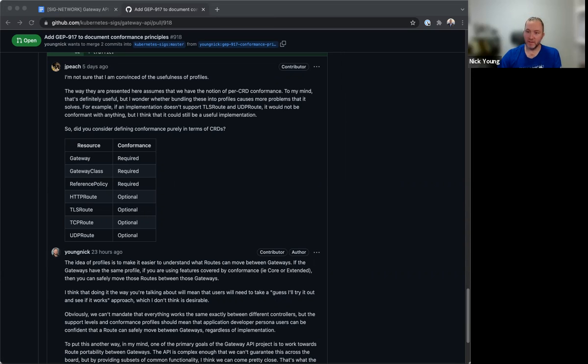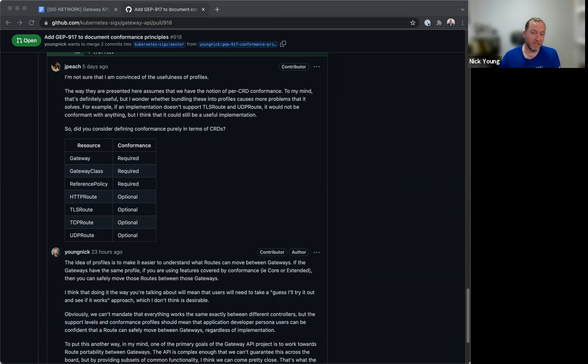Contour is a layer 7 ingress controller, right? The thing that is implied from that is it doesn't do TCP route or UDP route. But some implementations, like your MetalLBs or something like that, are probably not going to do the layer 7 stuff. They probably won't do HTTP route or TLS route. And there's going to be, I think, a large amount of commonality between lots of implementations that do mainly layer 4 stuff or mainly layer 7 stuff. And really all that is just a shorthand way of talking about all of this stuff.